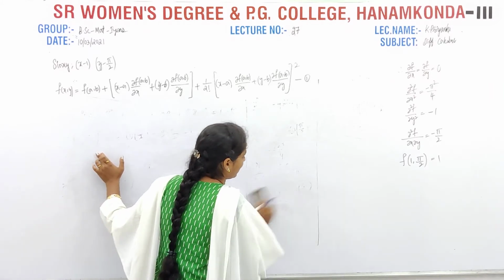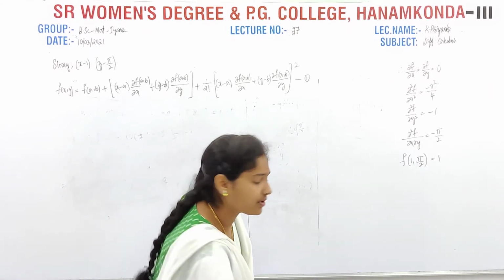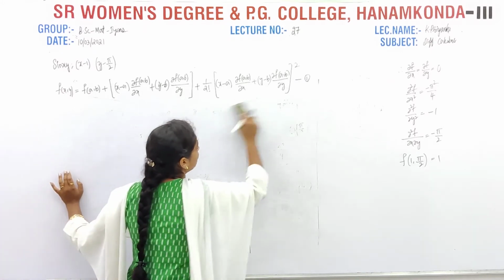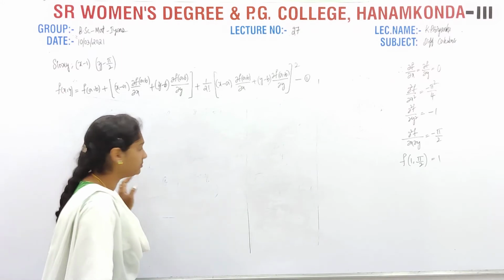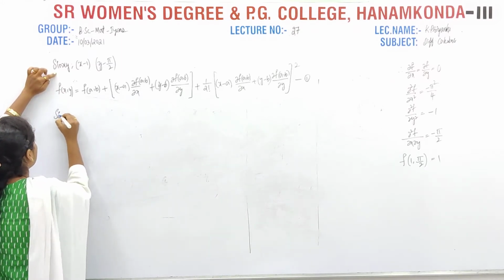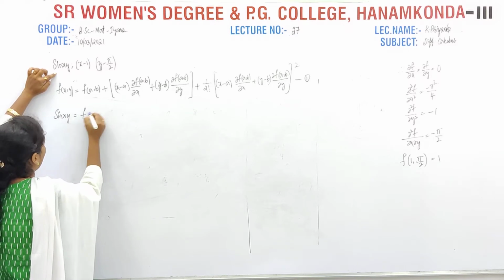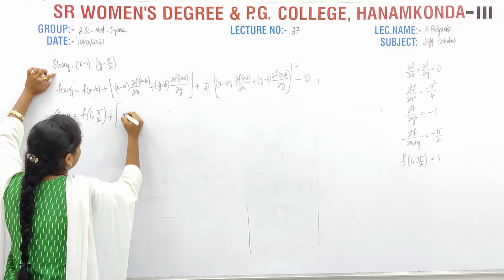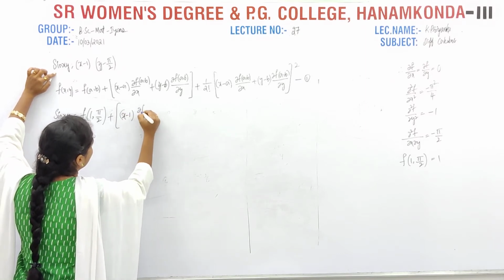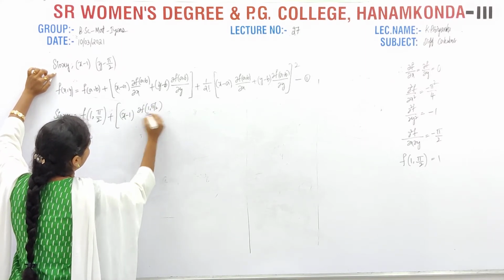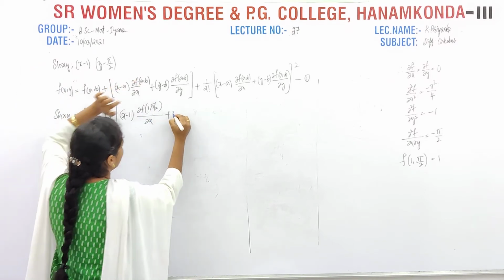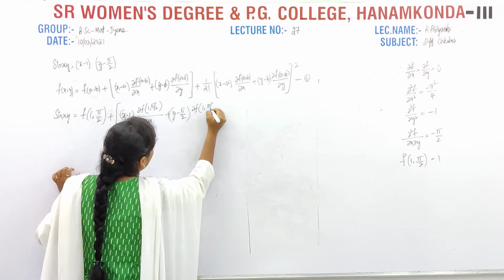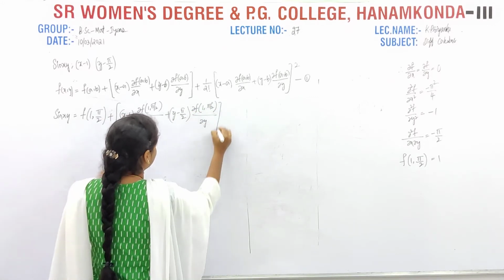Now simply we have to make the substitution. So from equation 1, what we can write? From equation 1 we can expand the whole square form, and we have to substitute the values. Okay, so now here f(x, y) = sin xy equal to f(1, pi by 2) plus (x minus 1) into ∂f(1, pi by 2)/∂x plus (y minus pi by 2) into ∂f(1, pi by 2)/∂y.